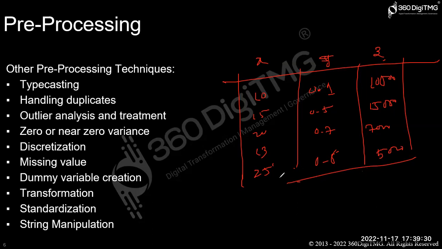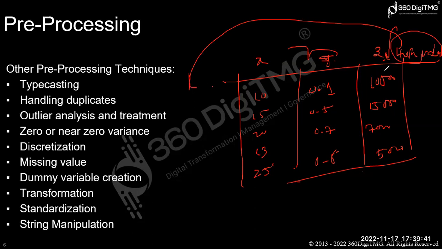So whenever you are building the model with these features, definitely the features having the high value will impact our model, right? So it will have bias, since the value is much more compared to these. So what will we do to avoid that bias in our model or in the prediction,